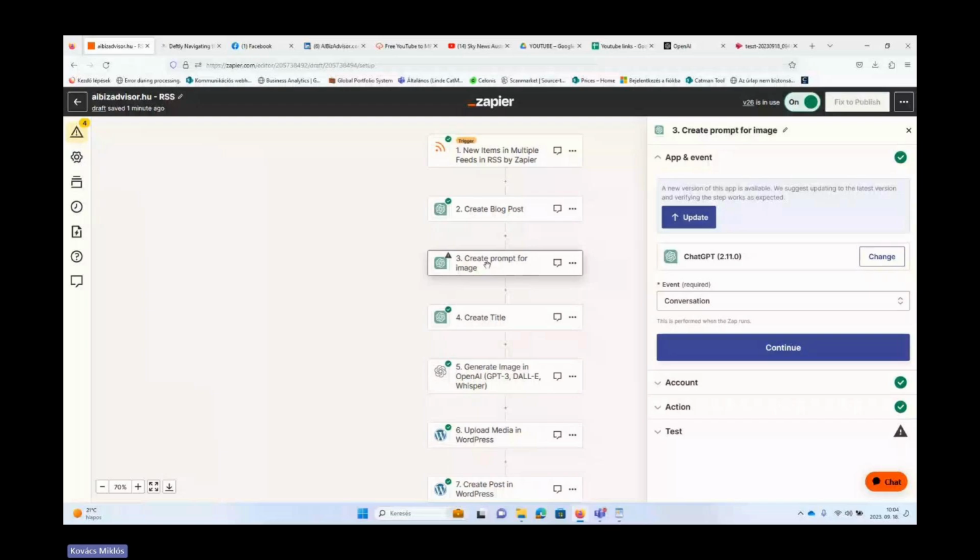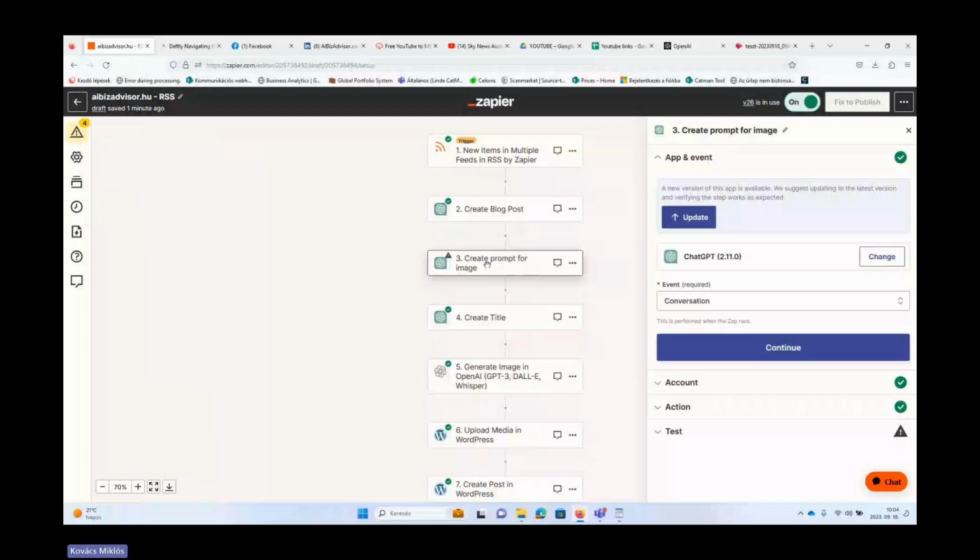So the next step is to create a prompt for image. So we will use later DALL-E, the AI tool DALL-E, to create image to our blog post. But first we need to have a description, a prompt for DALL-E to be able to create the image.